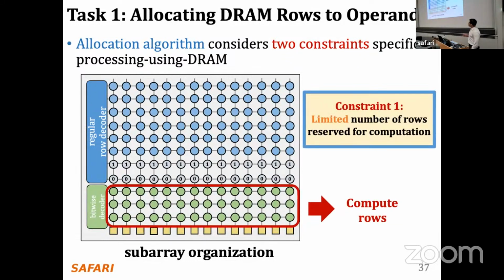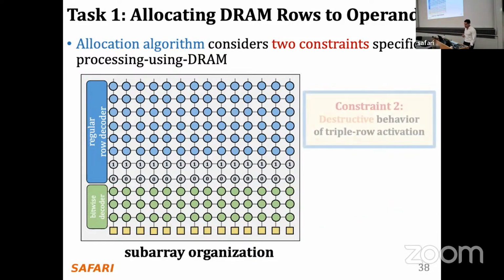So, to simplify the design of that row decoder, we only have a few of those compute rows in the DRAM subarray. So when I'm allocating the input rows for the majority-inverted graph, I need to take into account that you don't have an infinite number of rows for computations. You can think about them as registers. The number of registers that you have available for your operations is quite limited. So it's like 16 addresses, for example.